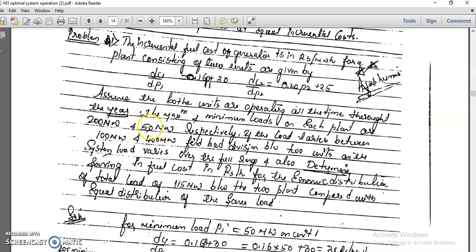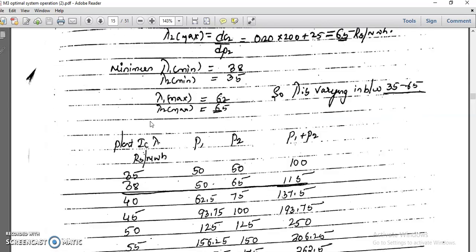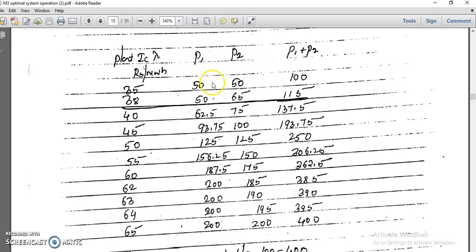So now what do you have to do? You have to vary P1, P2 from 50 to 200, and demand varies between 100 to 400, right? In terms of this table, P1, P2 minimum is 50, maximum is 200, and PD minimum is 100, maximum is 400. Now you have to vary the lambda value as per our requirement, and find lambda here, minimum and maximum values, varying slowly until the value they have specified. Depending upon that value you have to find the saving in fuel cost. In this table they told us to find, for 115, the saving in fuel cost and lambda value, along with the yearly saving.